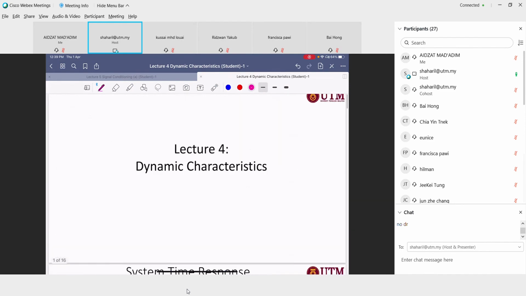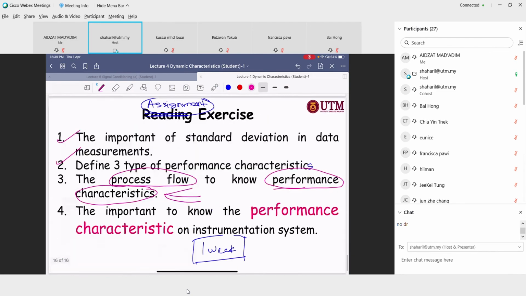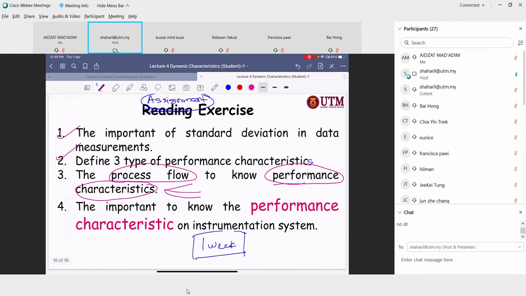Where is it? Dynamic and static, and also dynamic. Okay, and then why we need to know the performance characteristics for implementation. So operational is quite important to know when you want to choose some sensor to do some measurement and so on. And then static internal error is quite important to know, right, of the instrumentation